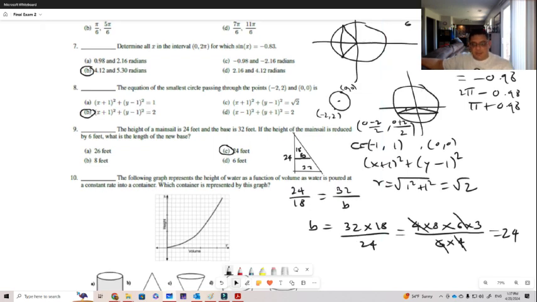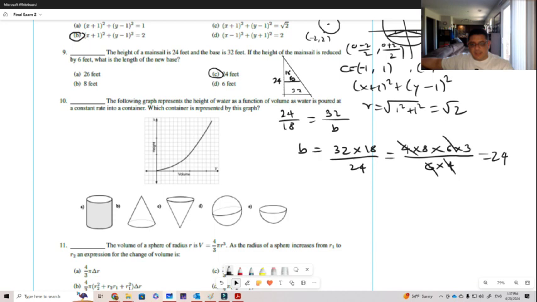Now number 10 says the following graph represents the height of water as a function of the volume of water as it is poured at a constant rate into a container. Which container is representing this graph? And as you can see, we have multiple containers. We have a cylinder. We have a cone. We have 2 cones, but we have a cone where initially it is quite big on the bottom and then small at the top, and then we have the